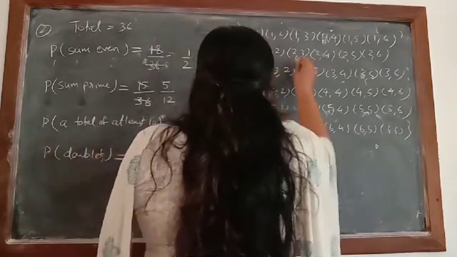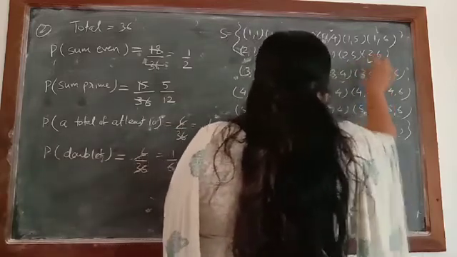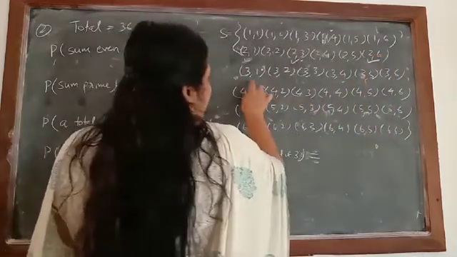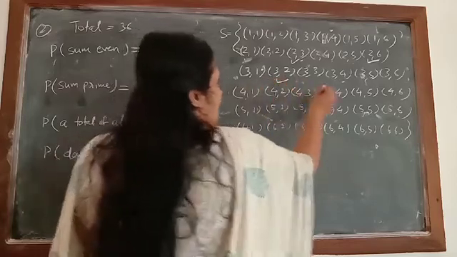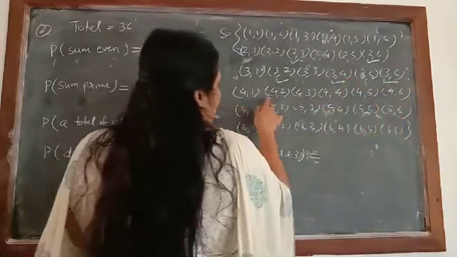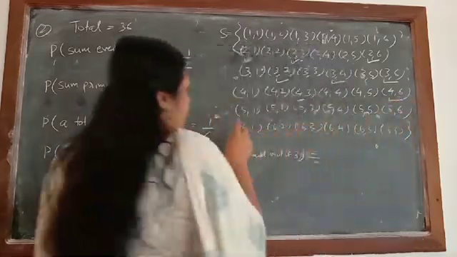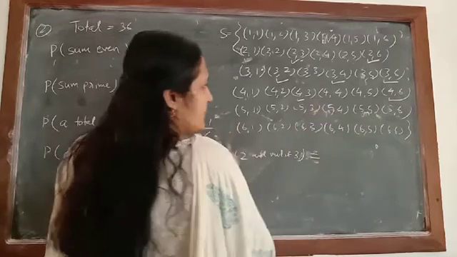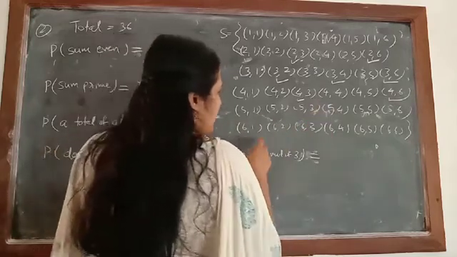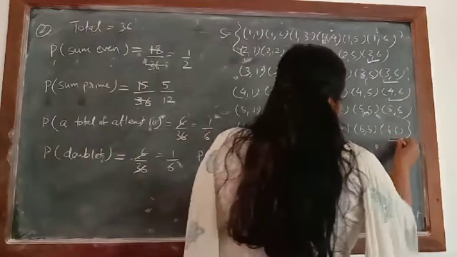Yes, first it will be 2 comma 3 or 2 comma 6 possible. Then here 3 1 will not come, 3 2 will come, 3 4 also possible, and then 3 6. Then here 4 2 will not come, 4 3 possible, and 4 6. In this line, nothing is possible there. Then here 6 1 will not come, 6 2, 6 3, 6 4, and 6 6.